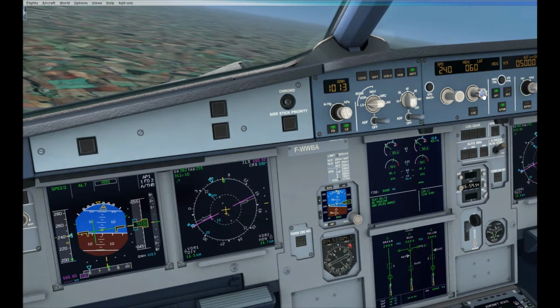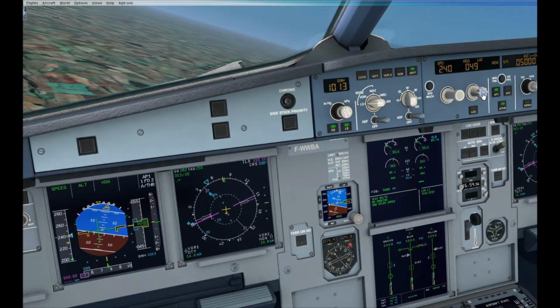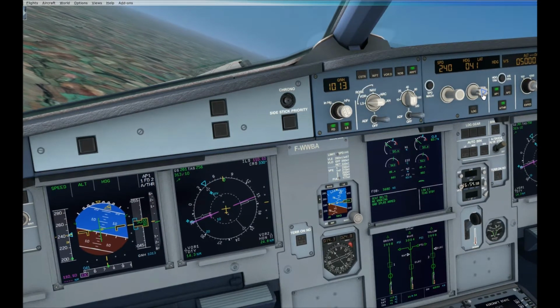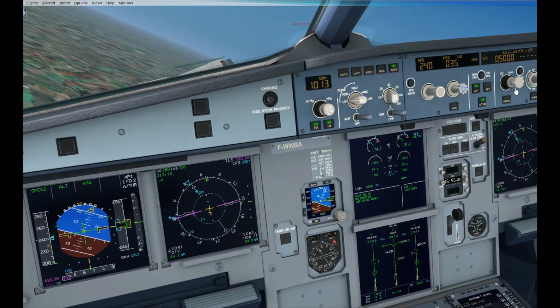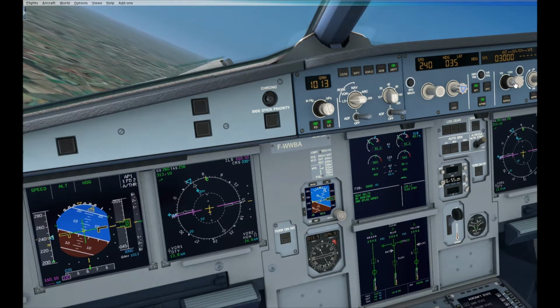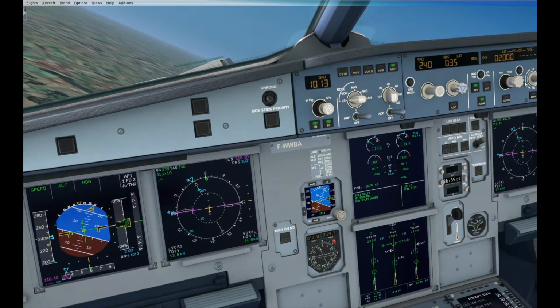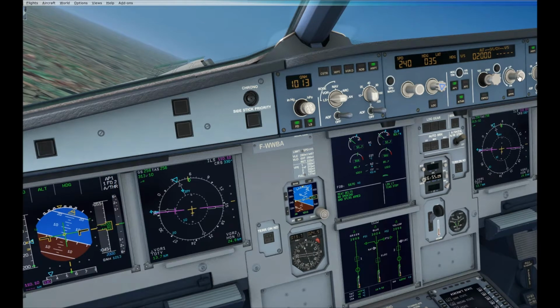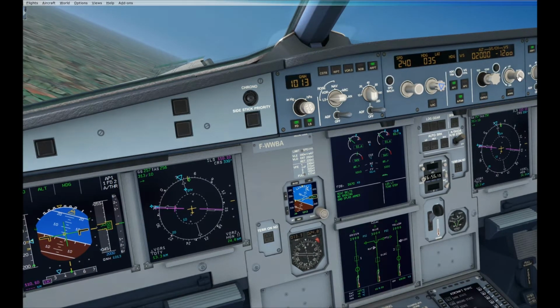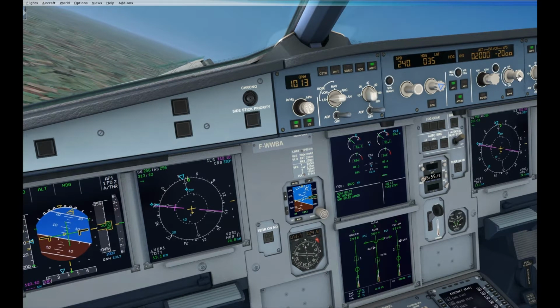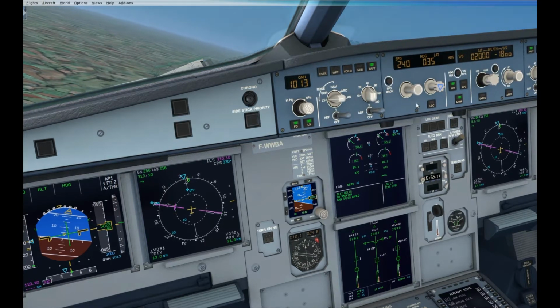Which will give me a final 30-degree turn to the runway. We're also going to reduce to 2,000 feet. And I'm going to reduce my speed to